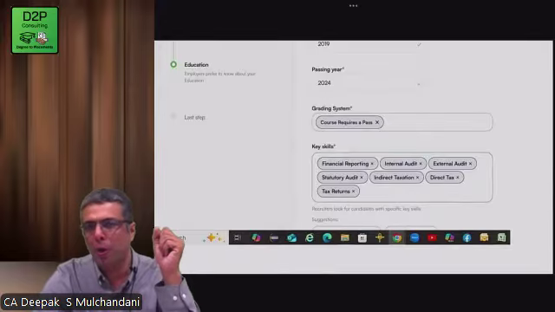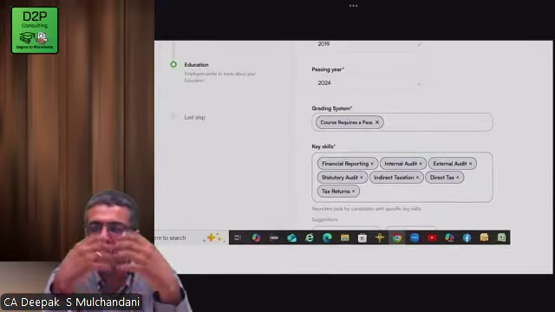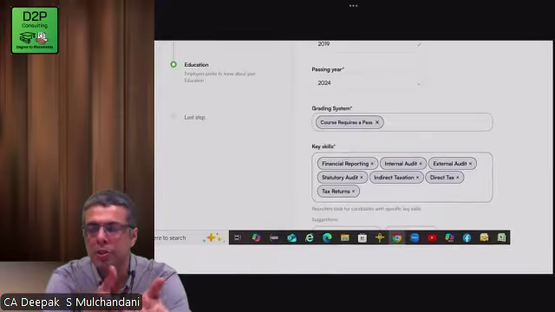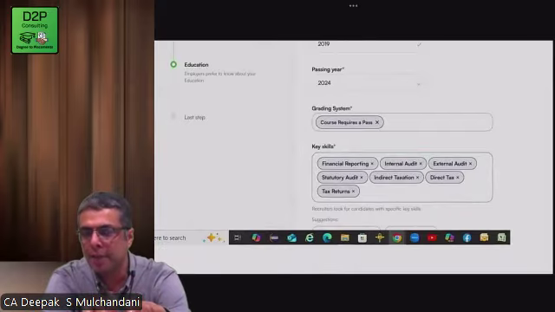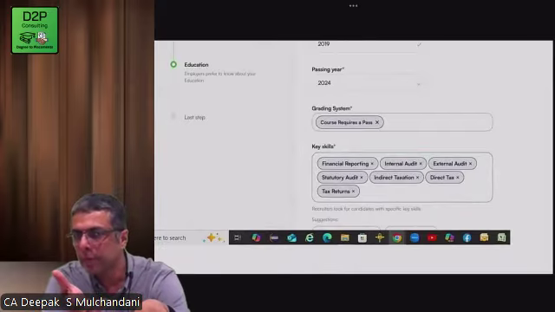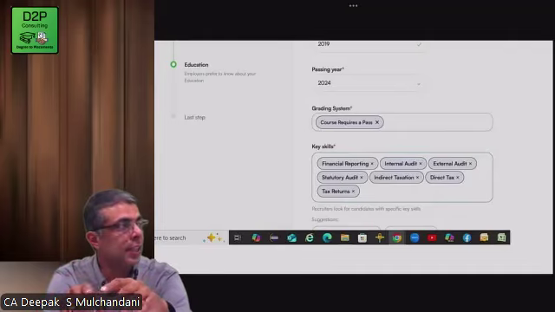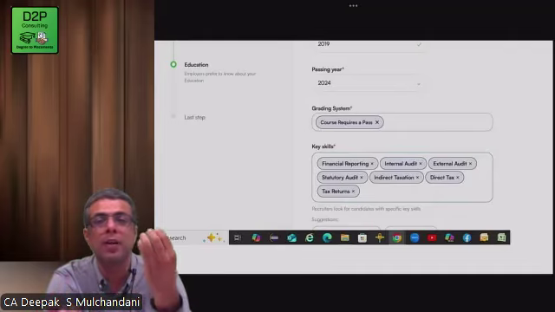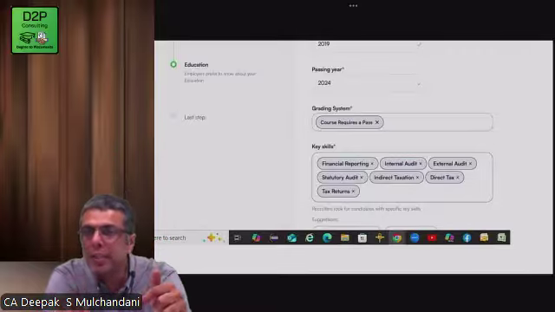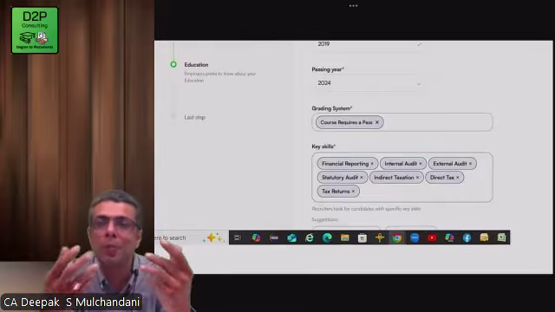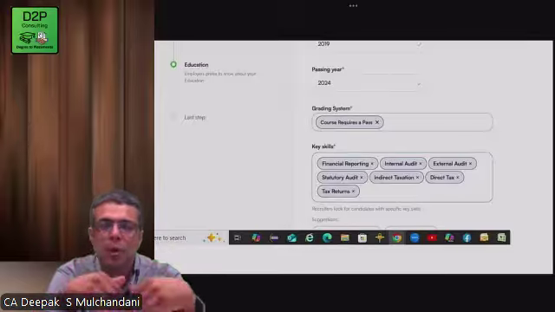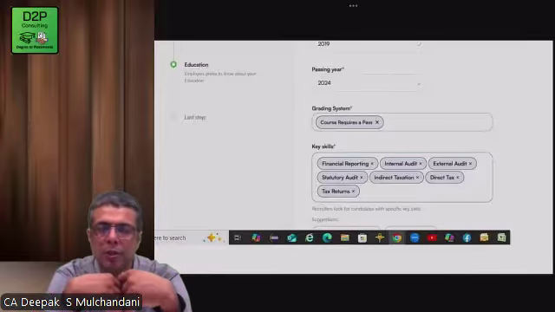And why is it important? What will happen is, if I am a recruiter trying to search you, I will have to see these skills. So I will search skill wise, and if the skills are marked in yours, your name will appear faster to me. So now please understand, I will not be opening the CV. I will not be going to your CV and seeing what you have done.